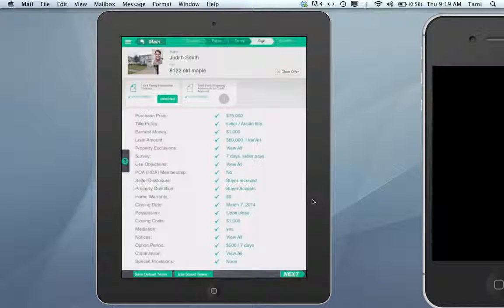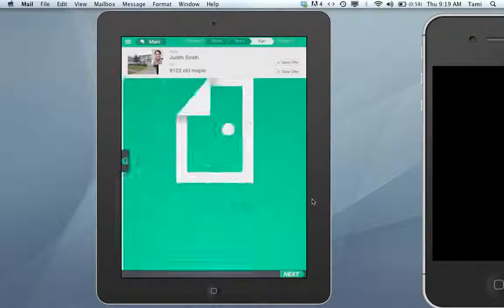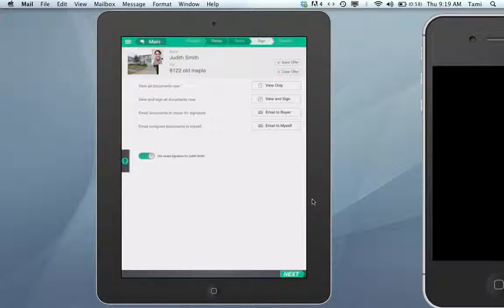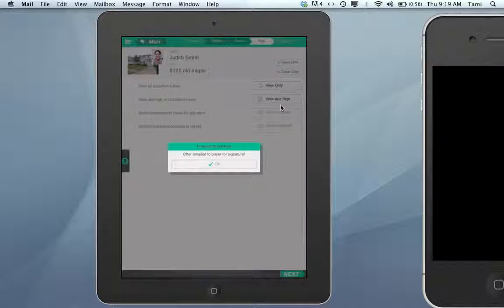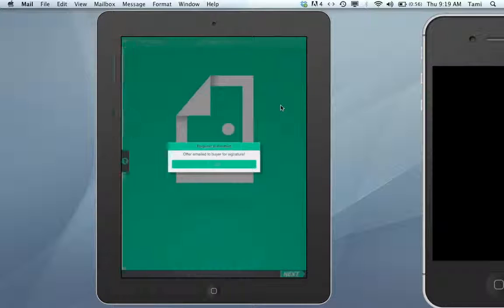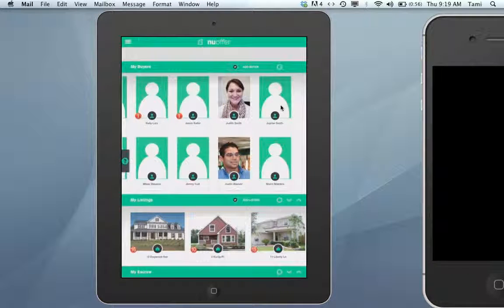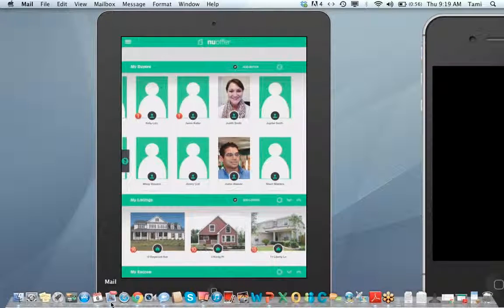But because I changed the offer, we need to collect signatures again. The buyer needs to sign this brand new contract. My buyer's not with me anymore, and so I still need to collect the signatures. By tapping email to buyer, the buyer can sign on their computer, on their tablet, on their smartphone, and then you'll be notified. So let's go into